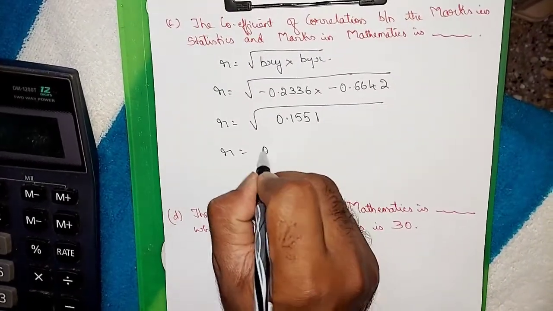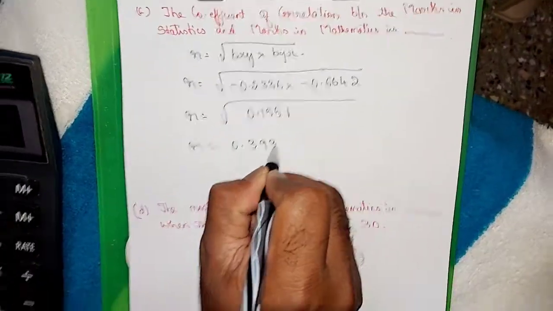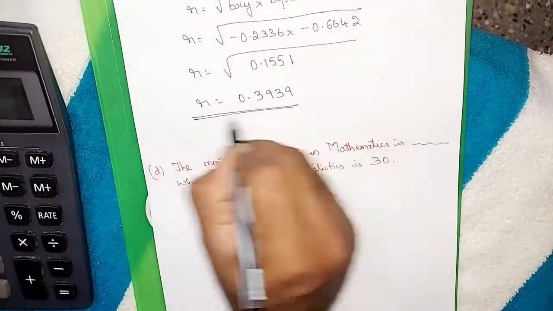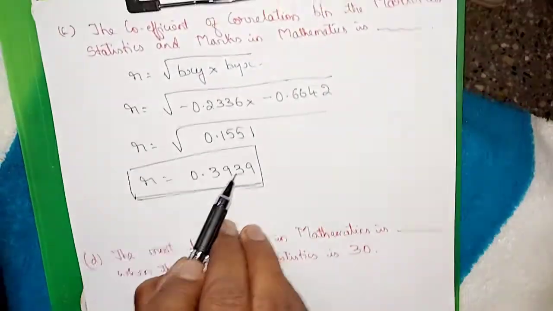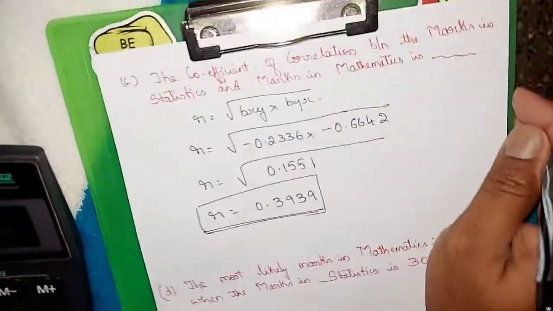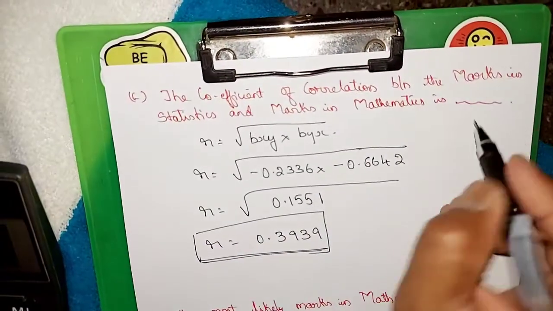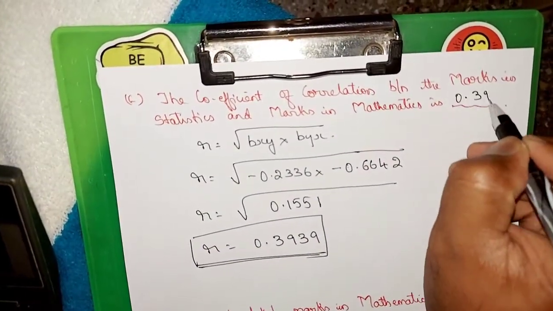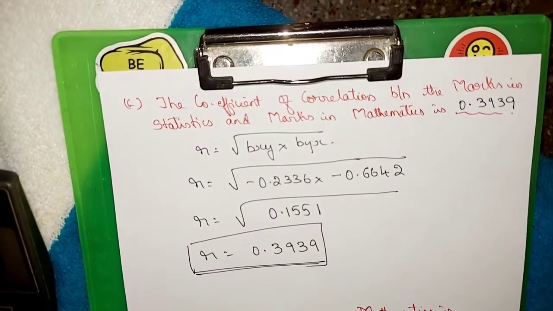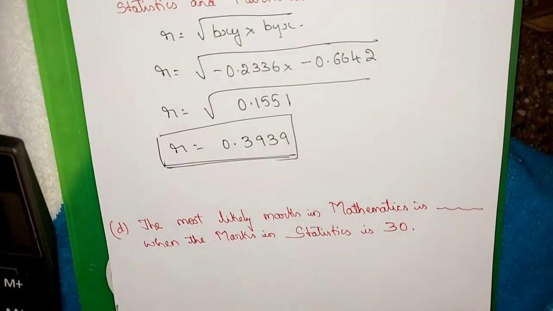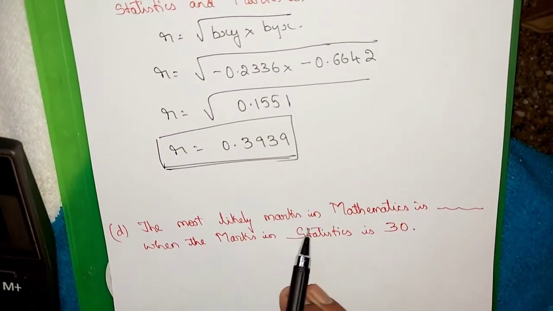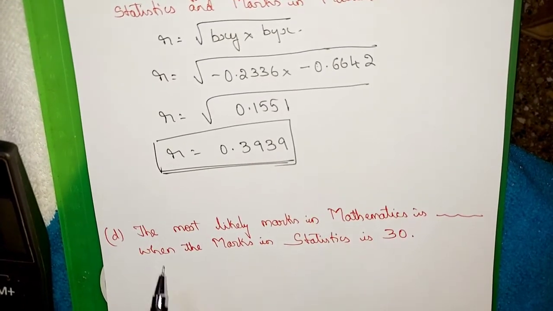R is equal to 0.3939. So this is the coefficient of correlation. Therefore, the coefficient of correlation between the marks in statistics and the marks in mathematics is 0.3939. And finally, they have also asked us to find out the most likely marks in mathematics when the marks